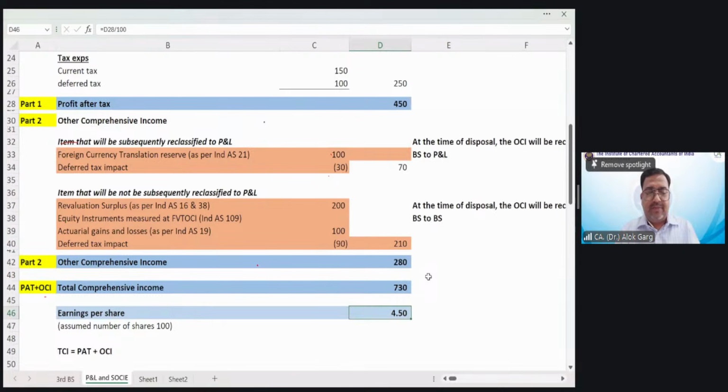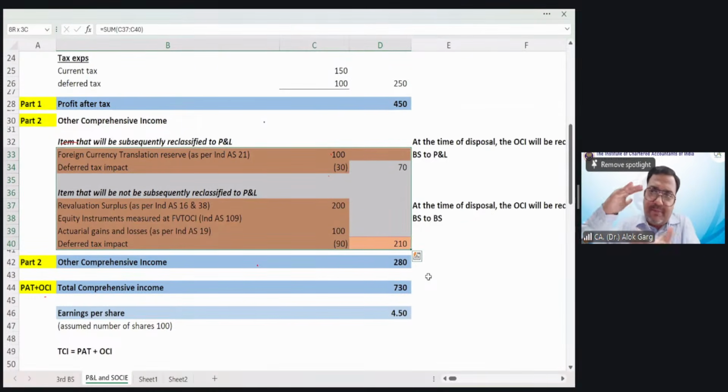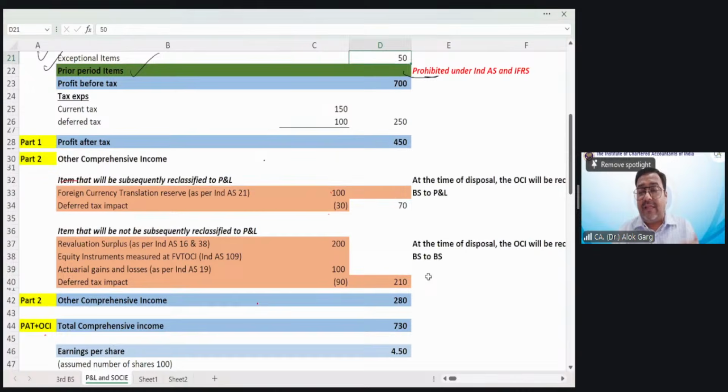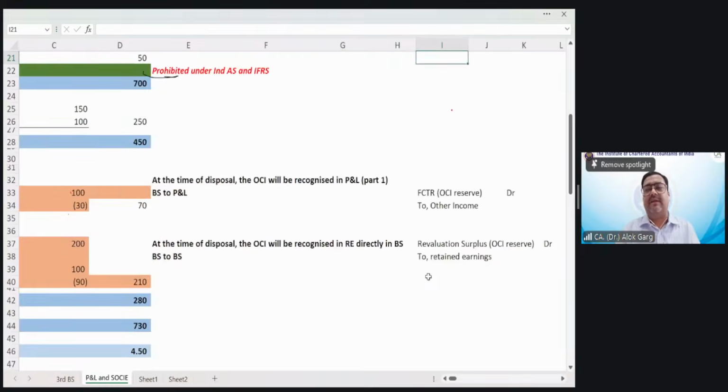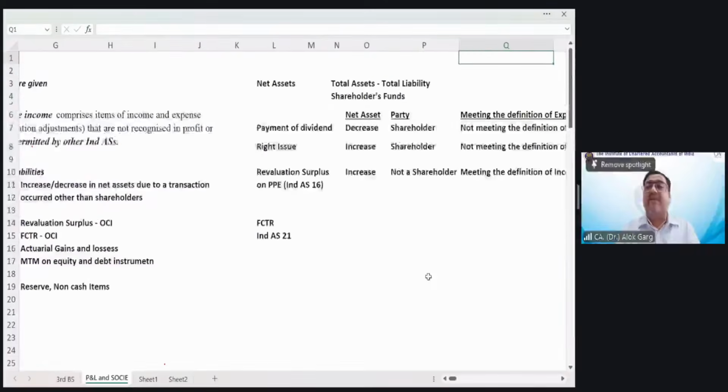You can see earning per share is computed on the profit after tax, not on the total comprehensive income. Why? Because these are reserves in nature. These are not available for distribution as a dividend. These are coming into the statement of profit and loss as a separate bucket, other comprehensive income, because they are meeting the definition of income and expense. And the respective standard, like for PPE Ind AS 16, says that you have to take this item to other comprehensive income. Sir, how many items of other comprehensive income are there? There are few standards which talk about the accounting treatment as OCI, and there are total 9 to 10 items in OCI, right?